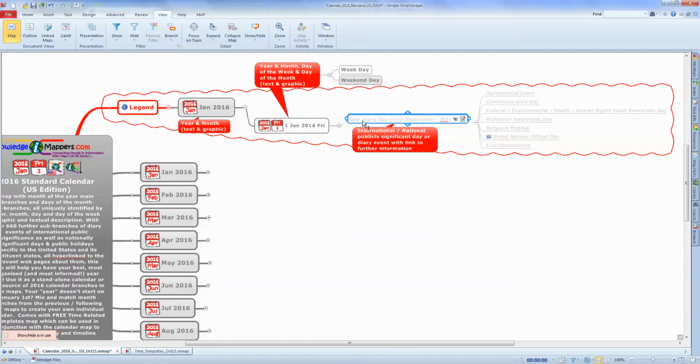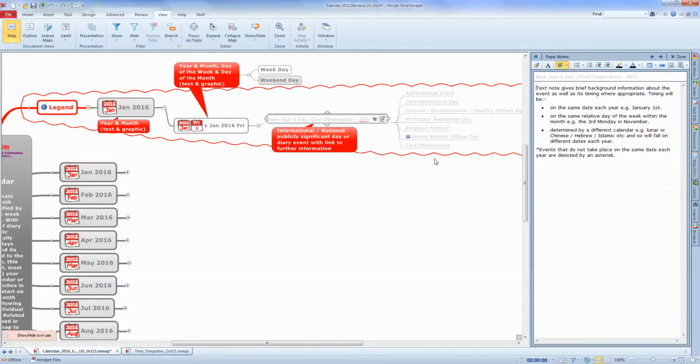So it's a standard calendar map, so that means it's got further sub-branches to the days with details of international and national public significant days or events. And these branches will have a hyperlink through to our web page with further information about the event, as well as a text note which gives you some brief background information to the event, but also describes the timing